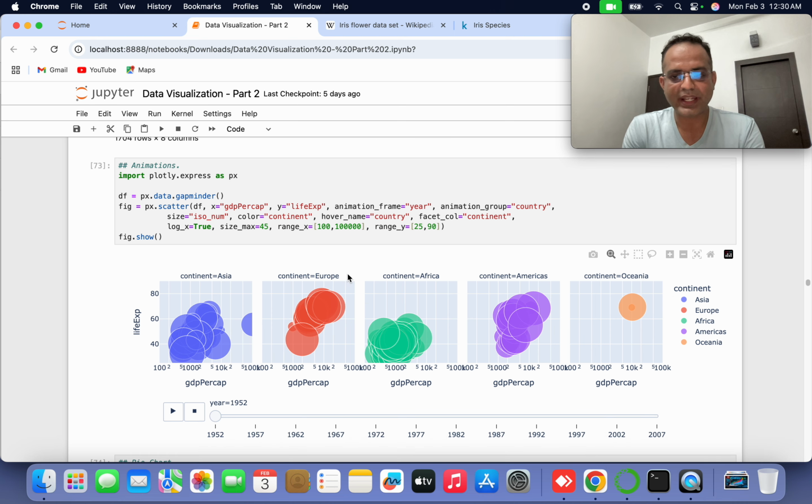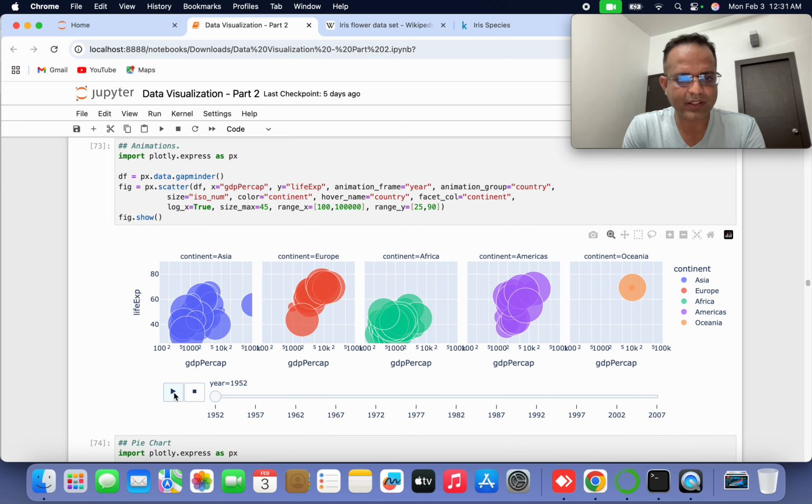Now I am creating one most interesting animation on it. So what is the animation? If I just click on that area and run it, basically this is the year from 1952. I am taking the data set till 2007, and I am just taking the continent here. If I just run that